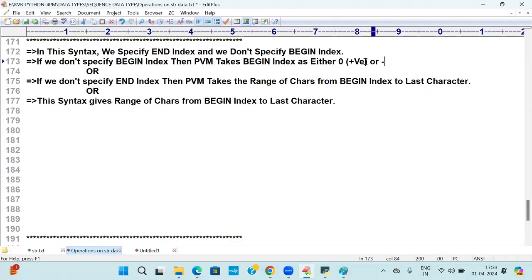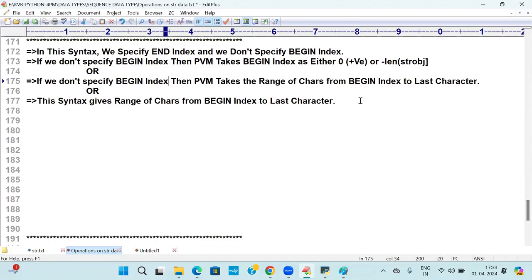Minus of len of what? strobj. That's all. If we don't specify which index? Begin index. In other way I am writing. Okay, then PVM takes range of characters from where? First character from where? First character to